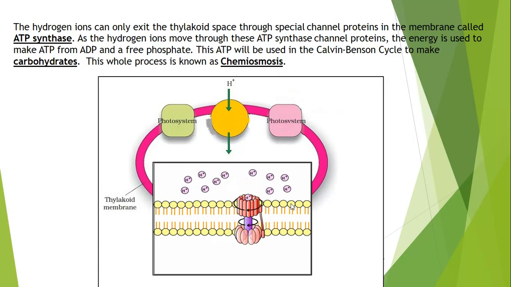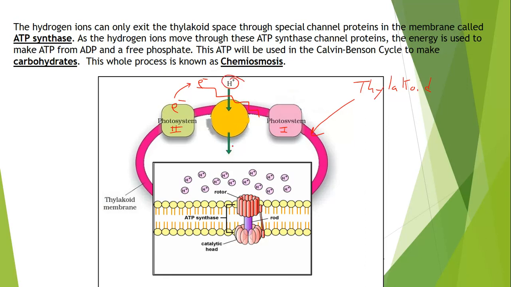So as you can see in this diagram here, if you just take a quick look at this diagram, this thing right here is the thylakoid. Okay, so that purple ring there, that's the thylakoid. Notice here we have a photosystem. This is photosystem 2, and this is photosystem 1. Okay, the electron gets boosted up, and then it goes down the electron transport chain. And as it goes down that electron transport chain, here's the electron, it gets boosted out, right? As it goes down this electron transport chain, it releases energy, and the energy takes these protons and pumps them